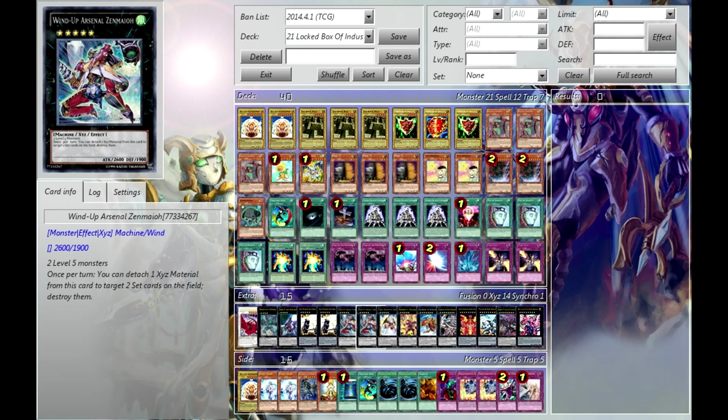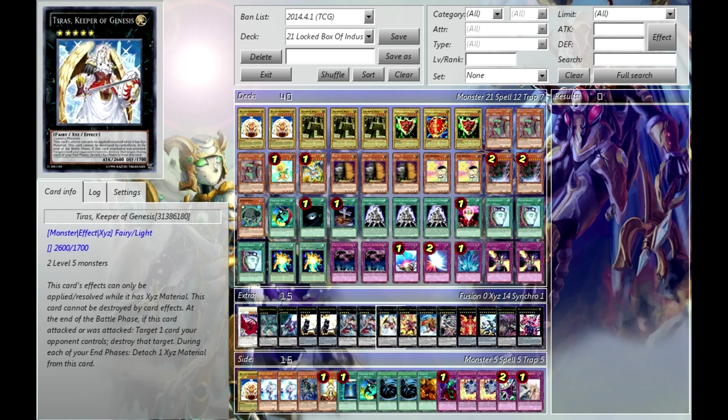We also have 2 Wind Up Arsenal with Zenmaioh. Absolutely love this card. Its effect is a bit restrictive, where you have to target 2 set cards on the field. But again, it only requires 2 level 5 monsters, is 2600 attack, and blowing up your opponent's back row is what it's all about. We then have 1 Tiras, Keeper of Genesis, very nice effect where it can't be destroyed